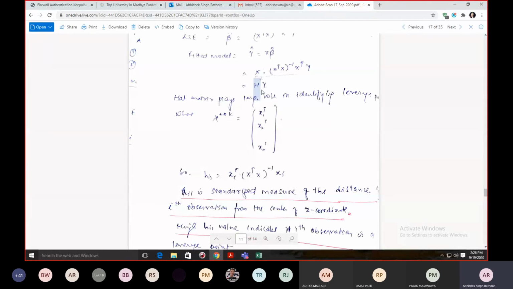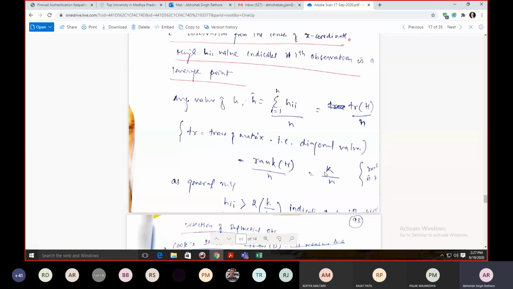So what is the rank of this k matrix? Again, we had removed multicollinearity from it. It means that your number of columns is just equal to the rank of your matrix. How many columns were there? This is again k. So the rank of the matrix is again k. So this is k upon n.